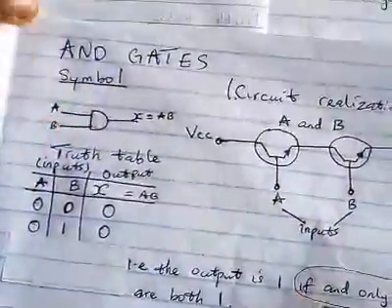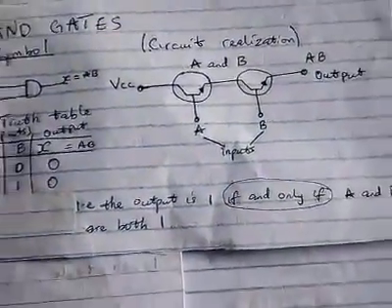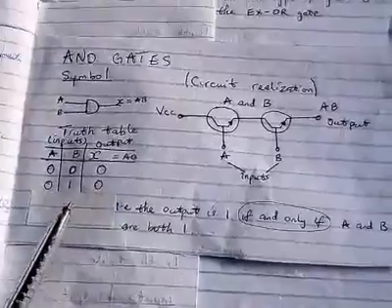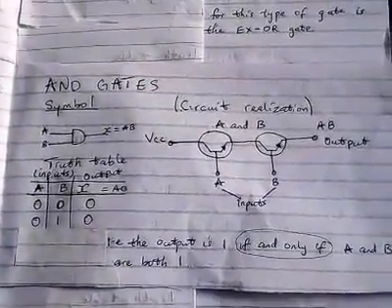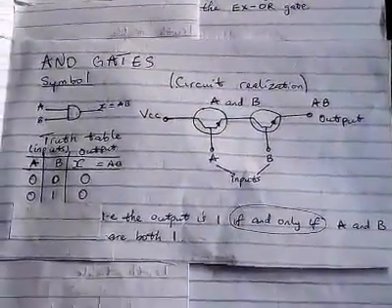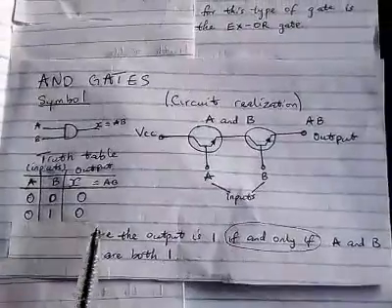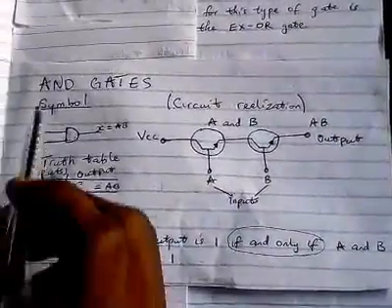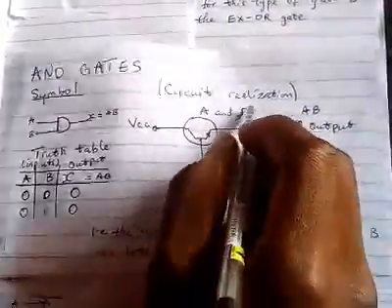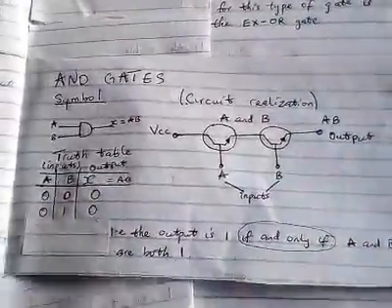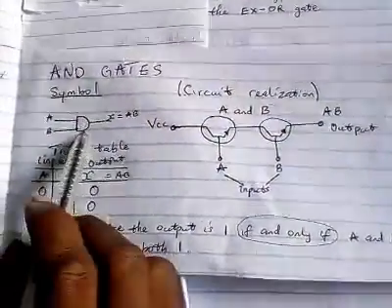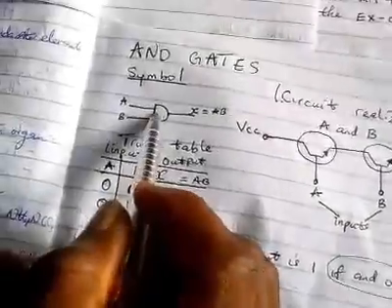Now the second kind of gate is the AND gate. Now we are going into a less basic gate. Now the AND gate, as the name implies, AND. Now I will just say A and B, as I wrote here. A and B. Now this is the symbol for the AND gate, like